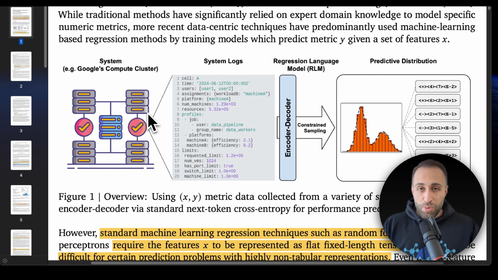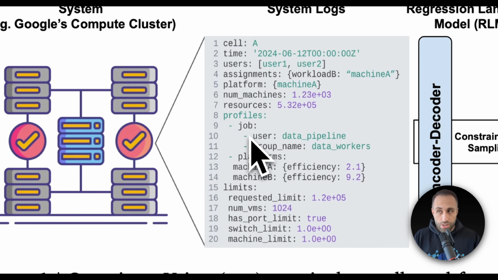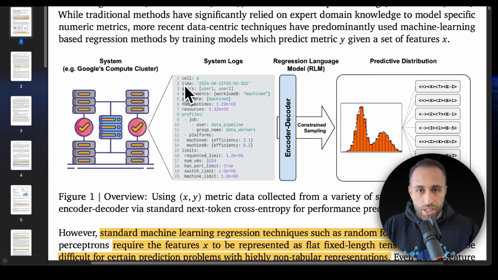To further understand this process, let's look at this nice diagram. As you can see, for this example use case, they had lots of Google compute cluster logs that they couldn't necessarily just convert to numbers. Look at this one. They can be like a JSON or YAML file that includes so many different features, like time, number of users, assignment, and some of them are really nested. So there's no way you can have a numeric representation of all this and make sure you're not losing any valuable information. So they just take the system log as text as is,